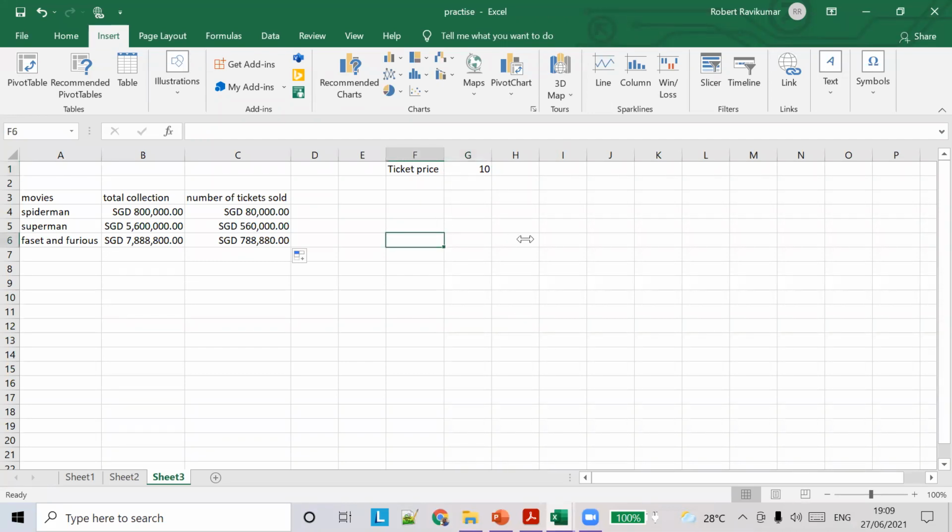Can you tell me the difference between absolute references and relative references? We learned about two different types of references, right? Absolute reference and relative reference.